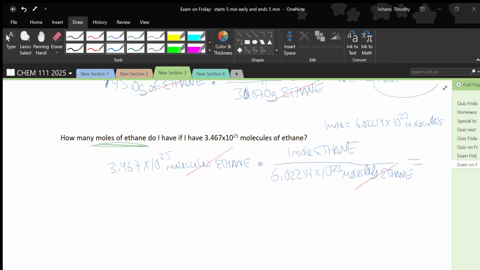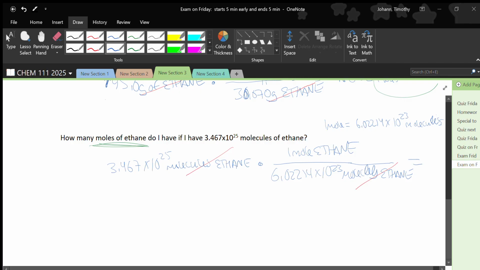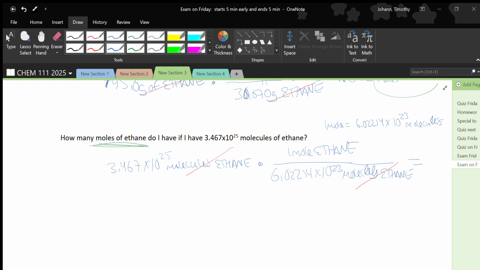3.467. I'm going to hit my EE key. Please do this with me. I haven't used this calculator before. See, this is an example of why you need to practice this on your calculator so that it goes quick on the test, right? If you haven't really looked at your calculator, you're going to have my response up here. Where's the EE key? And very quickly here, I'm going to give up and, oh, there it is. Okay. Found it. All right, so E25, divided by